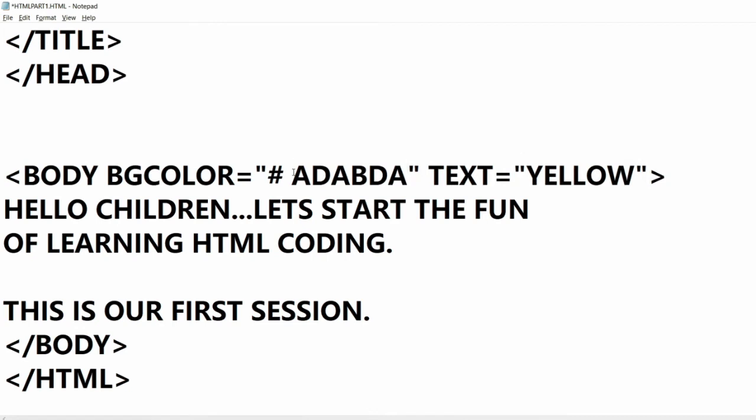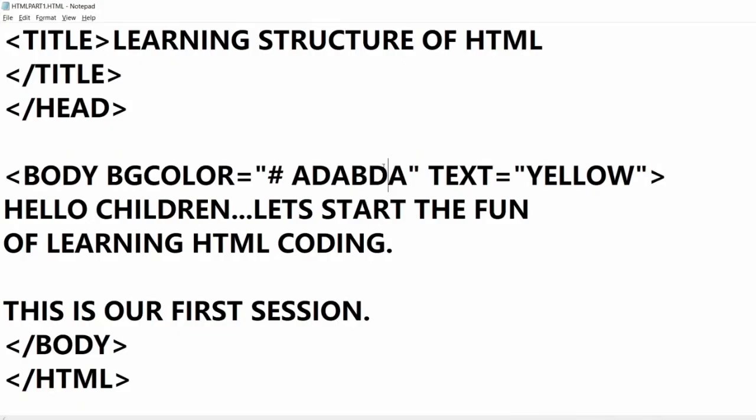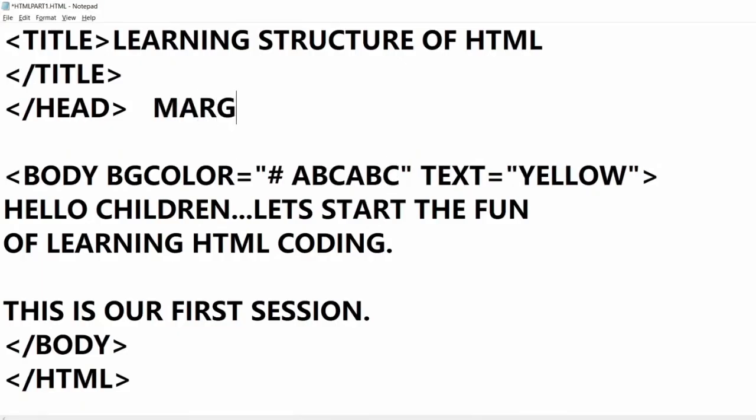So how to decide? If you want darker shades, you will take numbers near to zero, and if you want the lighter shades, or you want shades of only blue and green, you don't want shades of red, so you will put red shades, that is RGB I told you. So you will put for red color 00 and the rest you decide.